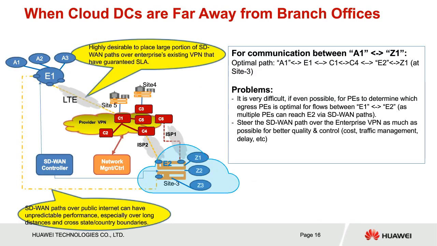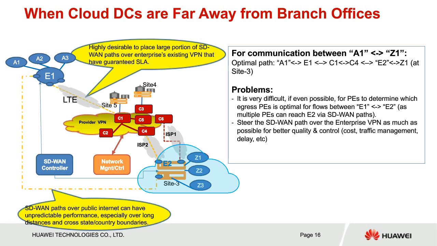So here it just shows one example when the cloud data centers are very far away from on-prem offices, on-prem data centers. So even though we show that in the hierarchical SD-WAN you can have POP locations, you can have multi-segment SD-WAN, too many enterprises may want to have end-to-end security. They don't want anybody in the middle to mess up their security association. For example, in this E1 to E2 communication, some enterprises prefer they have direct control of the security association.